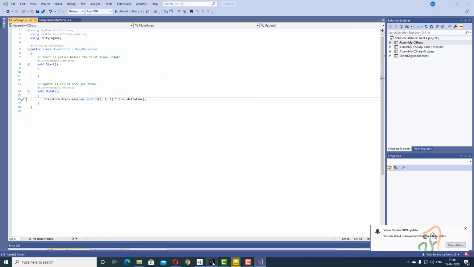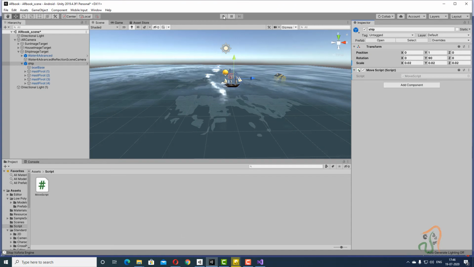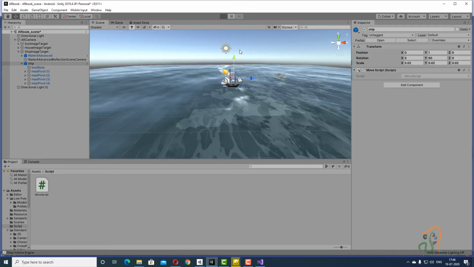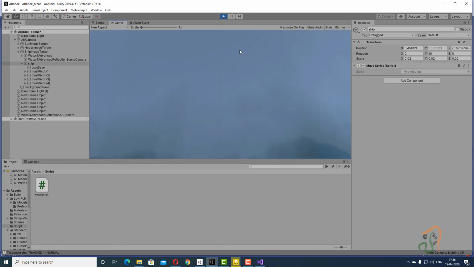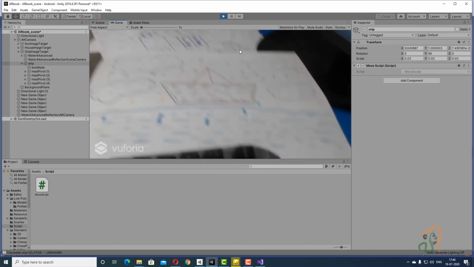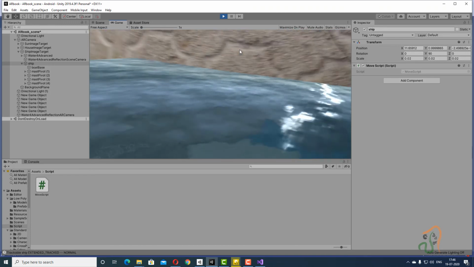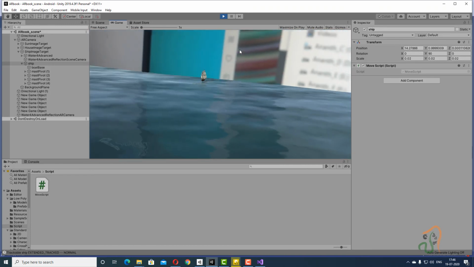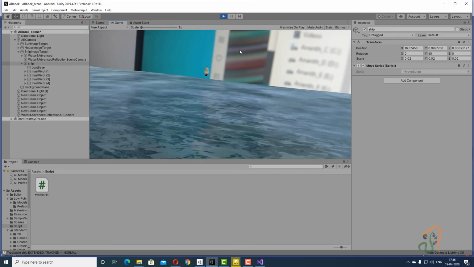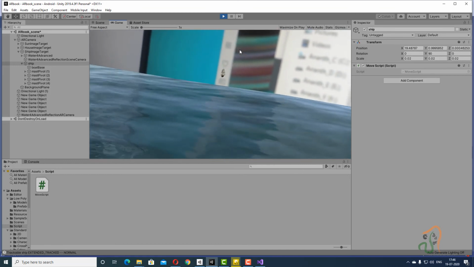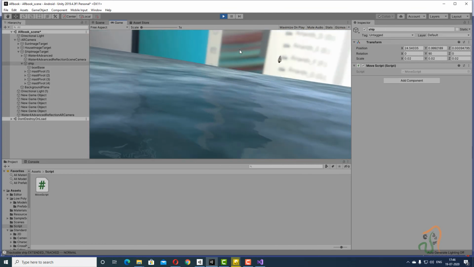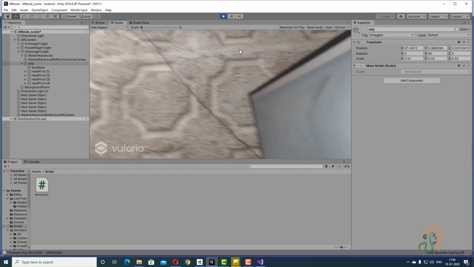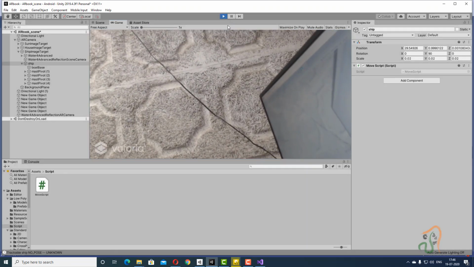Now come back to the game over here. Now press the play button. So once I click the play button, and now if I hold it over the shape, you can see, see, it is going away. You can see that the ship is moving far away. So the thing here is, its starting position is wrong. So what we shall do is stop the playback again.